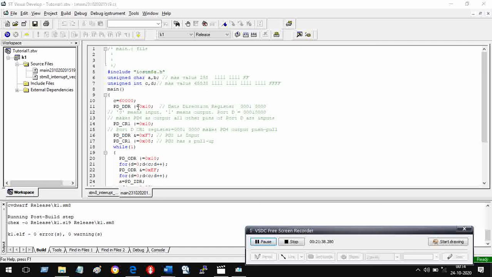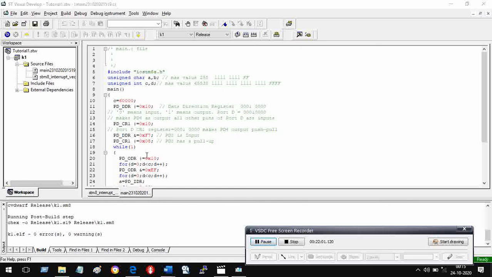Right now what we have done is PD underscore DDR OR equal to 0x10. That sets bit 4 in PD DDR equal to 1, which makes this bit an output port because we wanted it to be that way.